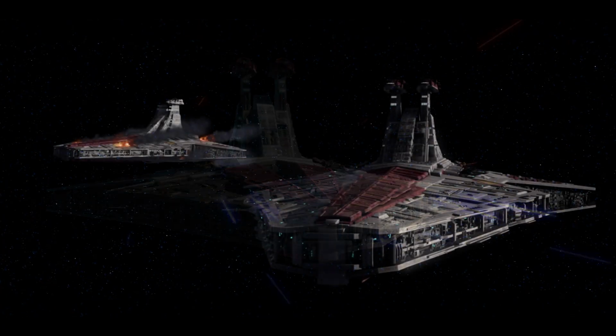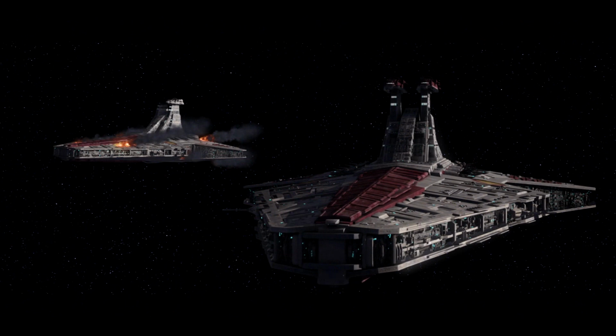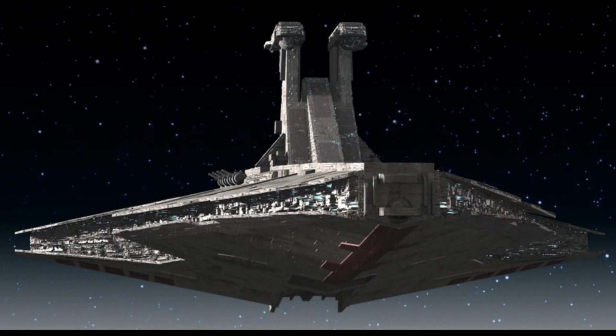To deal with fighters and bombers coming in too close, it had 52 point defense laser cannons that were controlled by a targeting computer. And they were accurate. In general, the weapons of the Venator were incredibly accurate. Also, it had 6 tractor beam projectors and 4 heavy torpedo tubes with 16 torps in each barrel. As far as I know, those torpedo barrels were mounted in the far front of the nose of the ship,